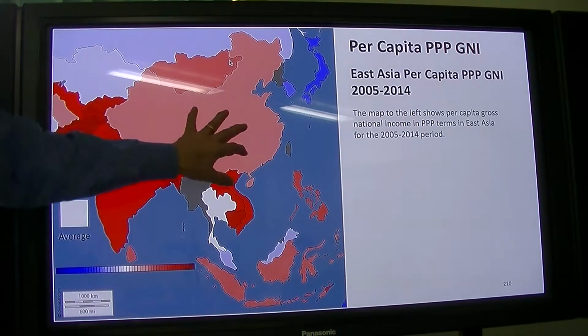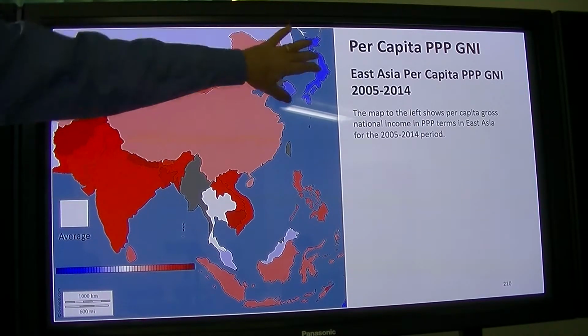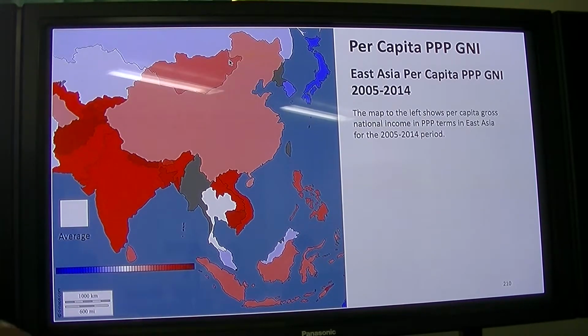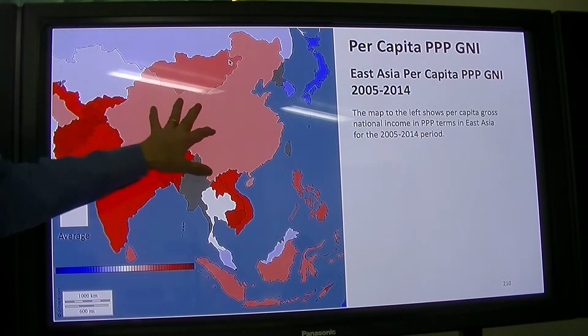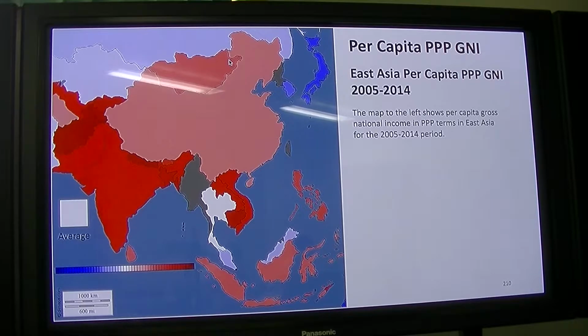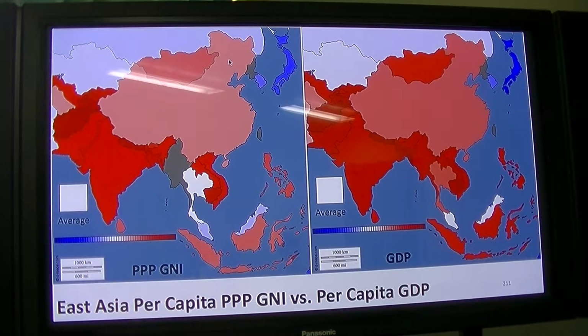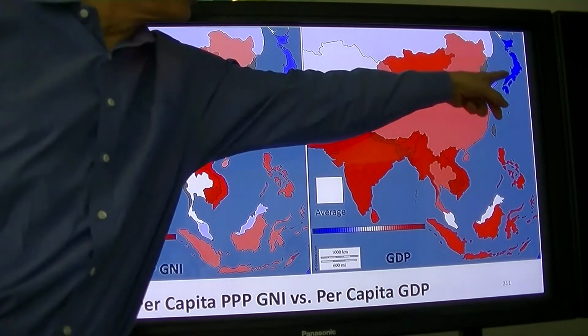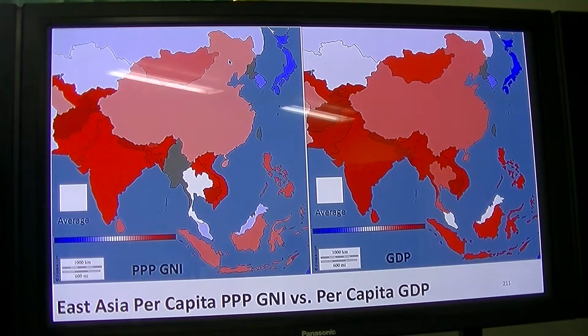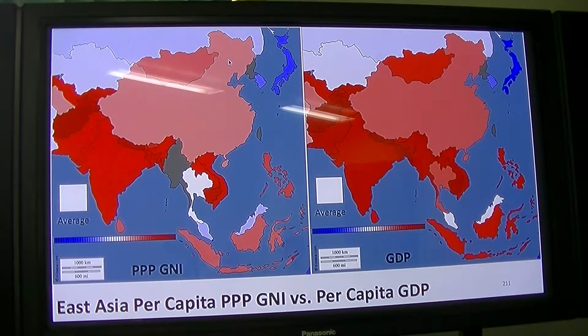And here, per capita GDP, we can see Japan and Korea, of course, are higher. India much lower. China, of course, coming up. But that's in PPP, and we can see China not so much. You can see the effect of Japan. And that's because prices are still relatively high. The prices of non-traded goods in Japan are relatively high,